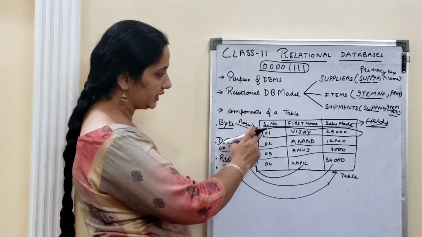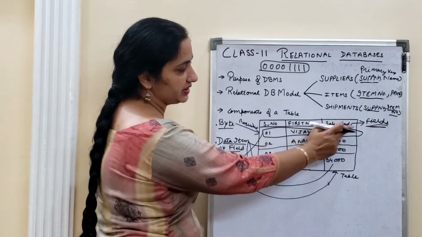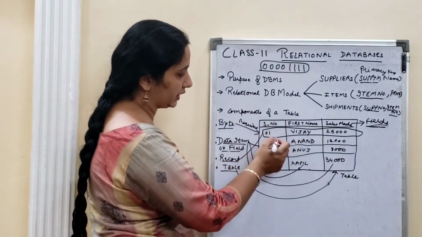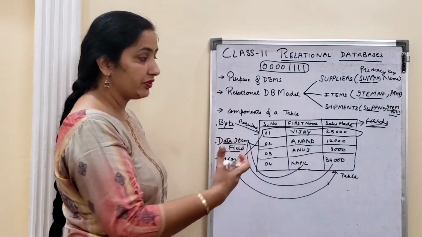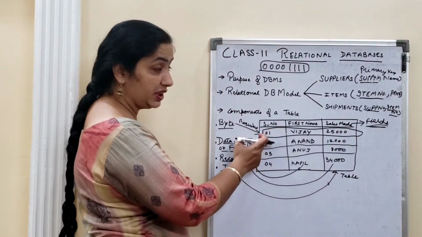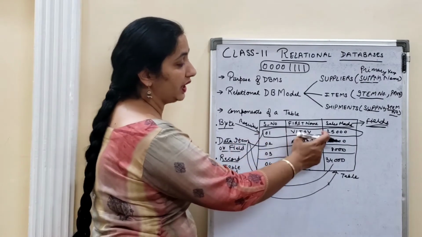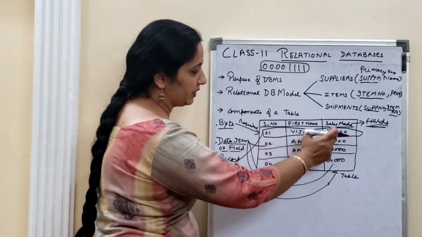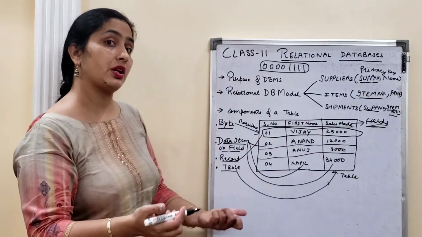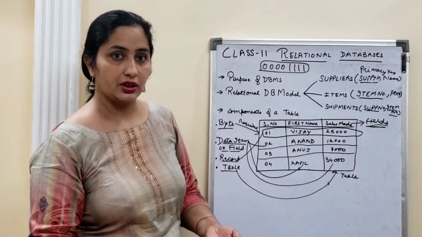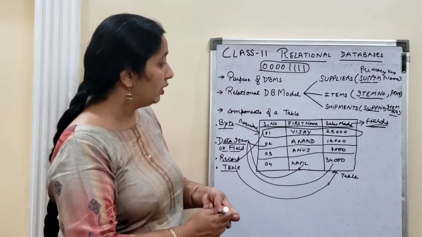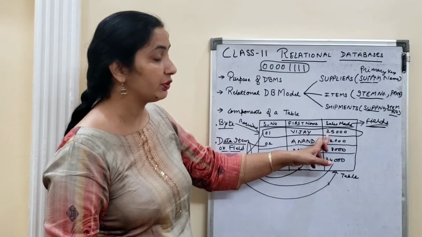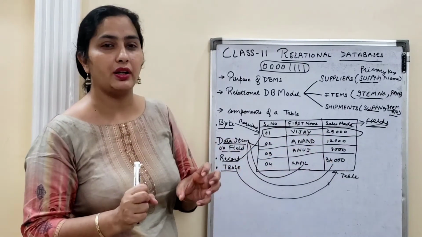So this is your data item. This serial number, first name and sales made, these are your fields, and a record is all of them together. If I want to know about Vijay, whose serial number is 1, who has made sales of 25,000, all together this information, if I say give me information about Vijay, so who is Vijay? Vijay is a salesman whose serial number is 1 and who has made sales of 25,000. This is the complete information.